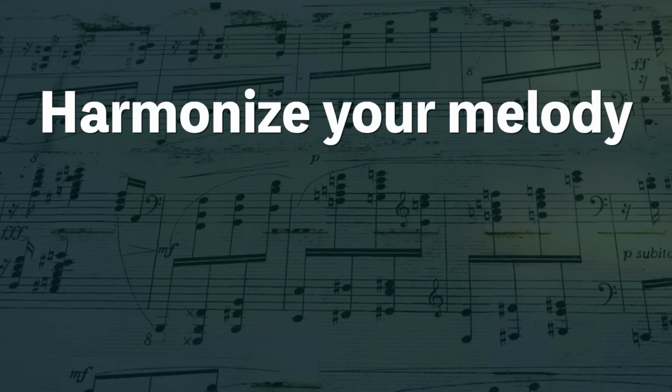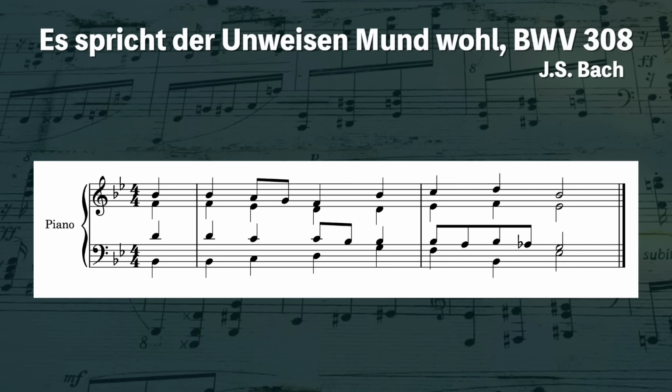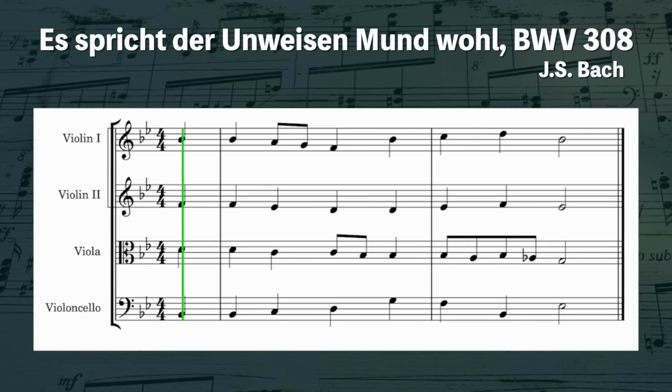Tip number 5 is another one that comes from Arthur Hecox, and it's about how to get a full and rich sound in any section of the orchestra. Start by harmonizing your melody as a 4-part chorale. For example, this chorale arrangement on piano will sound great on strings,